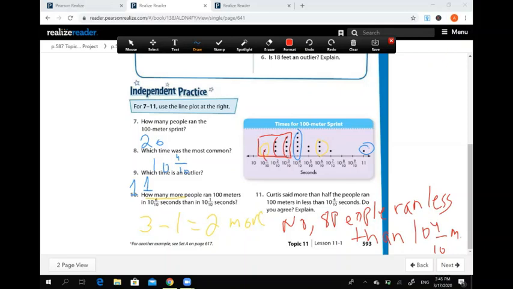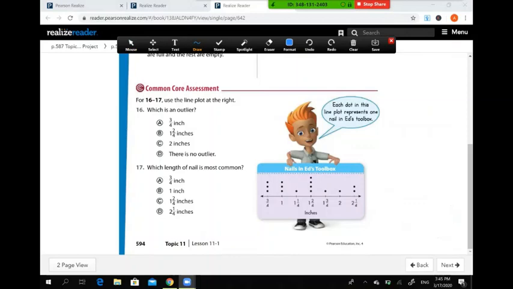Let's move to the next page. Use the line plot at the right. Question number 16, which is an outlier? 3 over 10? No. 1 2 over 4? No. 2 inches? No. So the answer is D. There is no outlier. Question number 17, which length of nail is most common? The most common has the most number of dots. So it is 1 2 over 4, which is